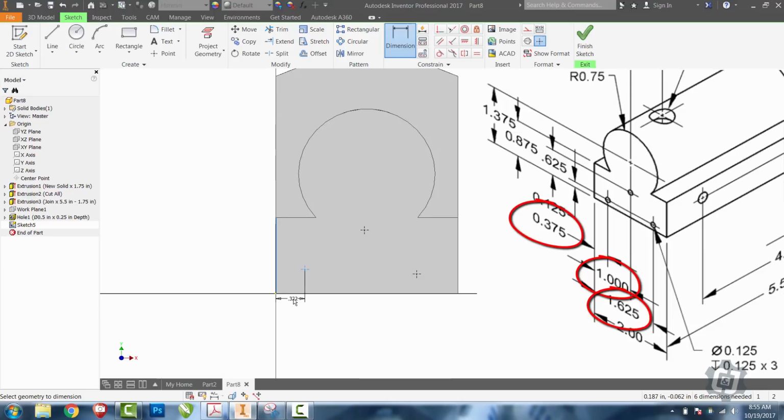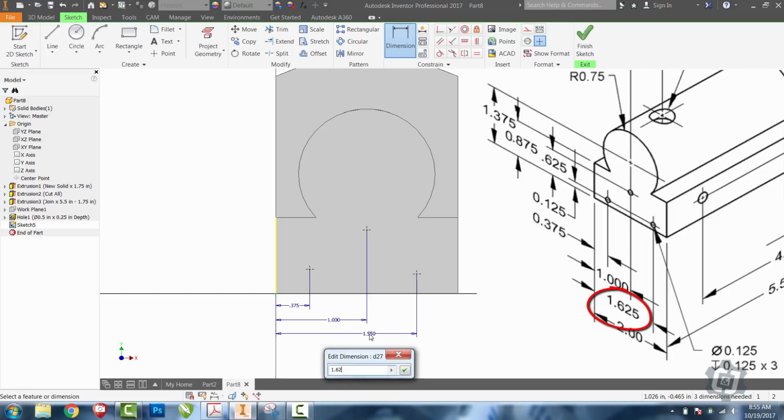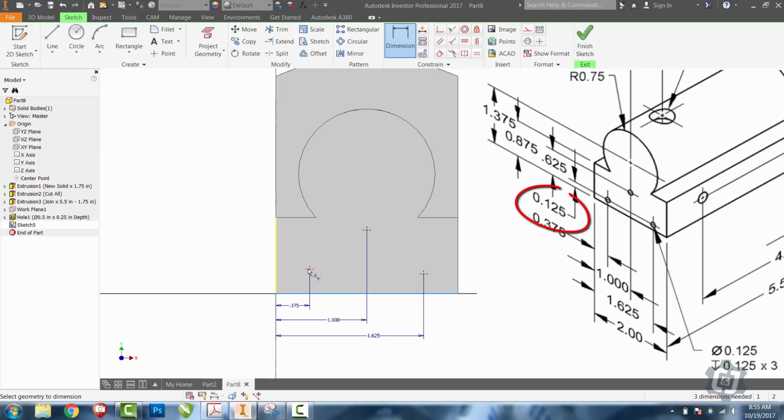So I have 3/8, 0.375. I have 1 inch, and I have 1.625 for the last one. Great. Now we need to do the vertical dimensions. I have first dimension, 1/8 of an inch, a next dimension of 0.625,